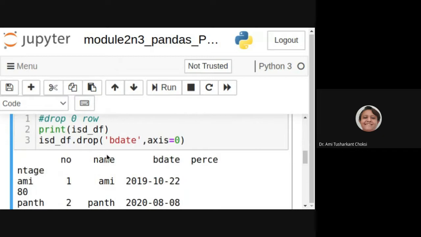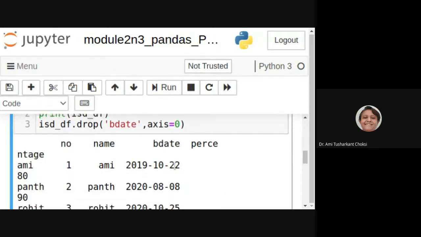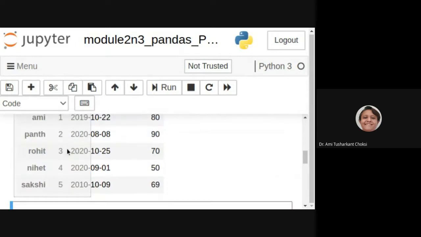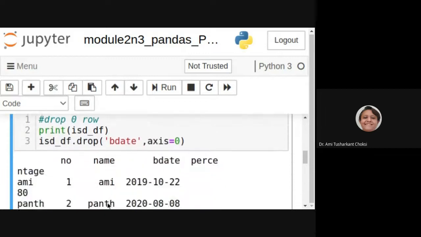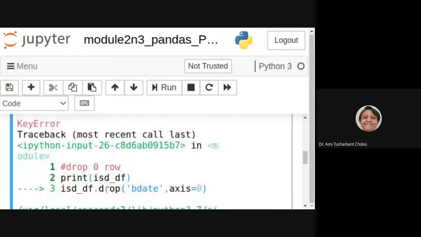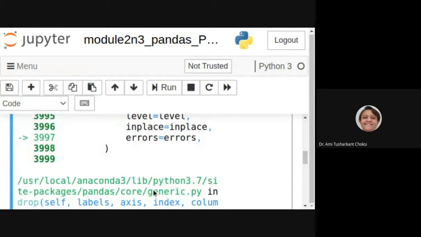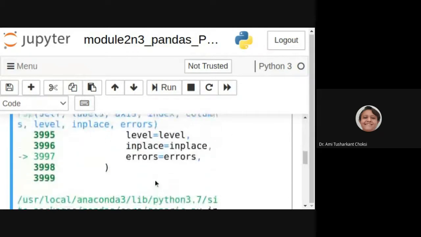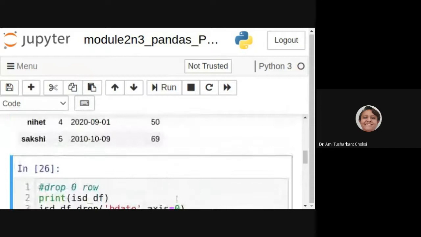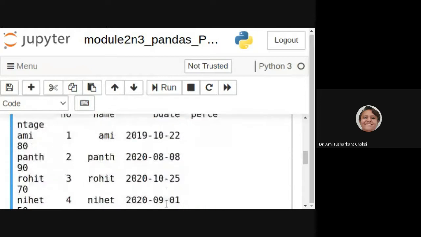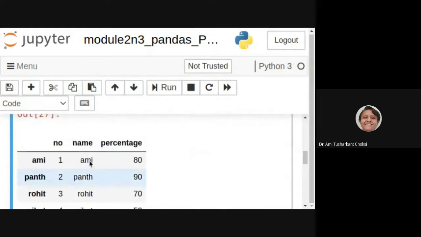So what happened here? For B date, what was there for us? 1, 2, 3, 4, 5. Some more error. B date is being removed, right? The whole column we want to remove, right?